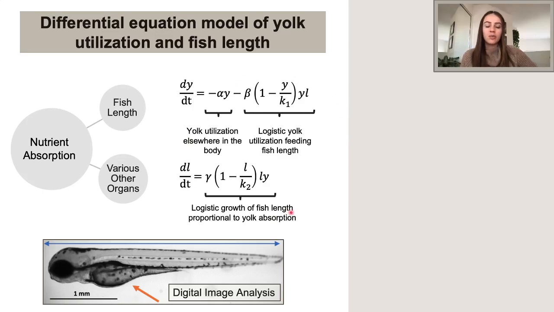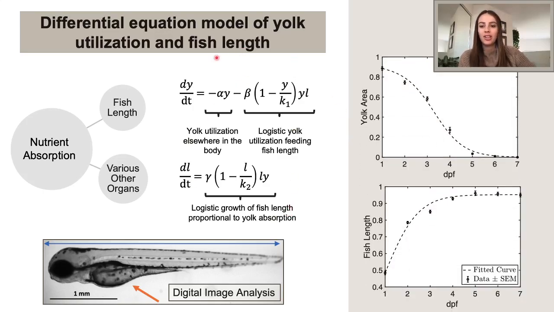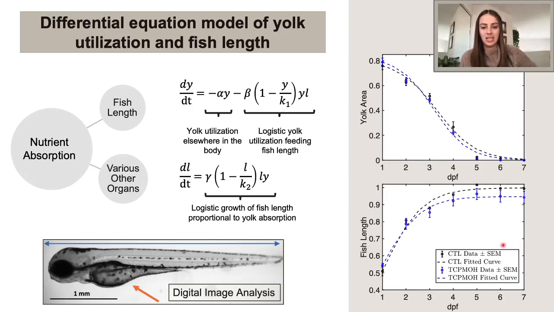And after a nonlinear least squares analysis, I found that the model explains the control data really well with an R-squared of 0.99. When TCPMOH was introduced into the system, as you can see here by this new graph, there was an increase in heterogeneity between samples, as you can see by the error bars, but the model still described the data quite well. And in fact, we even found that TCPMOH has an increased rate of yolk utilization and